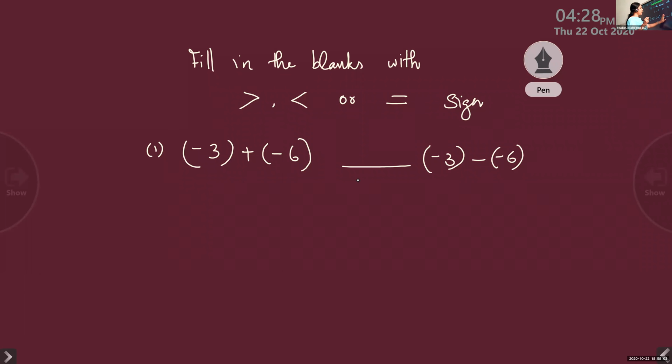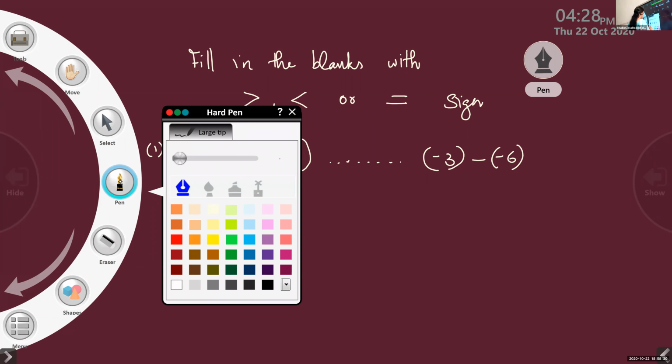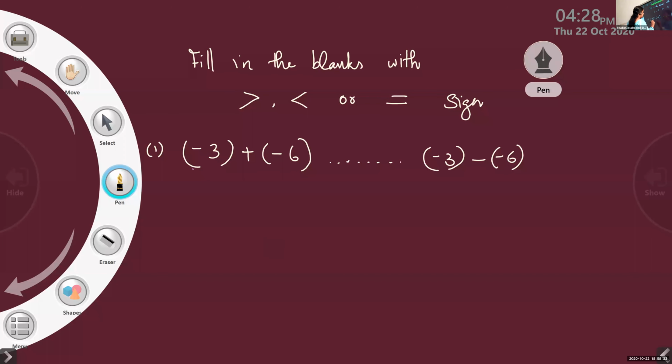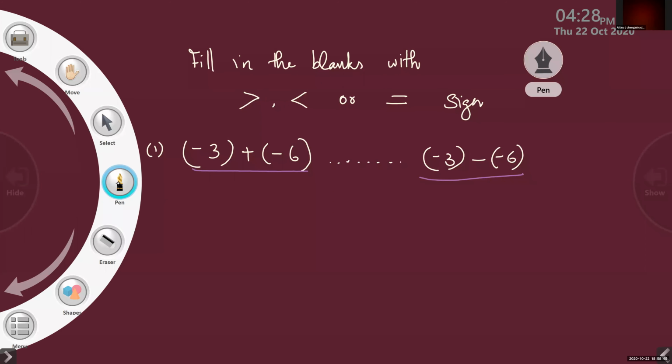Here, there is a fill in the blanks. That is this one, dash. You have to fill it with the less than, greater than, or equal to sign. Sometimes the number will be greater, sometimes equal. But you will get the answer by doing this properly. Left side is there, right side is there. Left side is a calculation, right side a different calculation. We will get different answers, so we have to do it separately. Then only you will understand the answer.